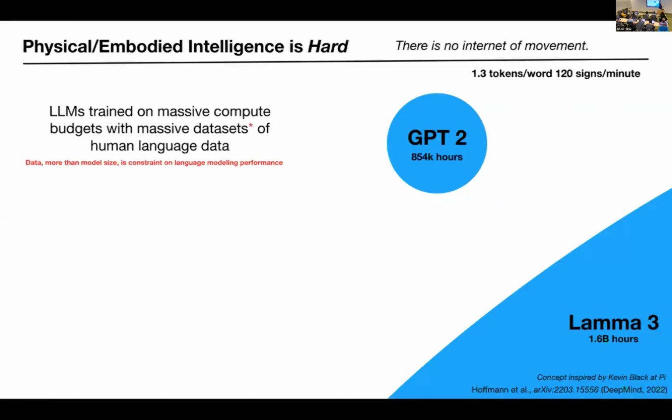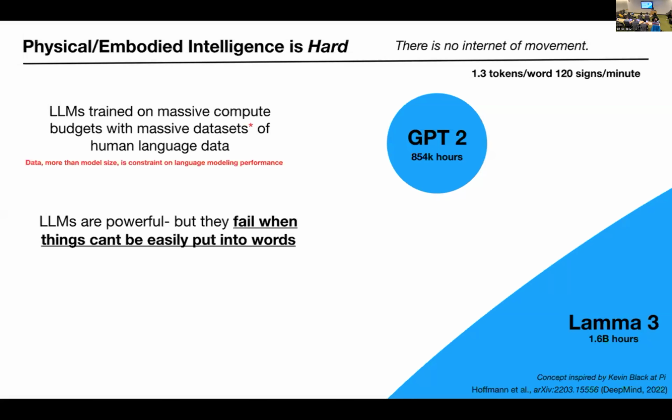And his conjecture was that all progress in AI basically comes from compute with general statistical methods and a ton of data. Large language models have a huge amount of training that goes into them, but they also have a huge corpus of data. They have a whole internet of tons and tons of text. And we just don't really have something like that for movement. This is a problem, because things that are difficult to explain in words, like telling someone how to do brain surgery or how to tie a shoelace, are not really embedded well in these spaces.